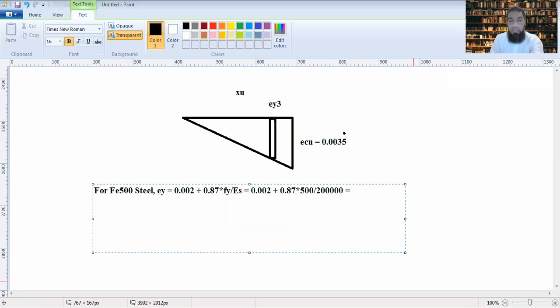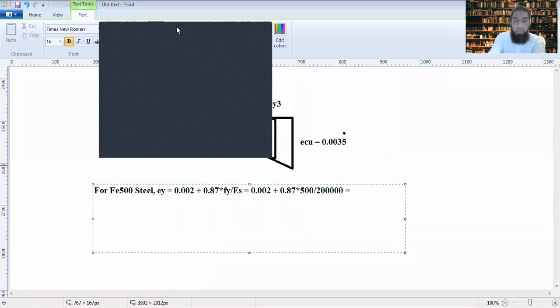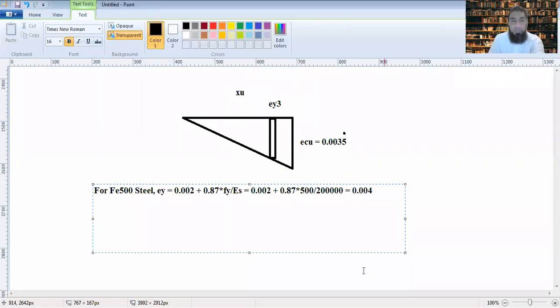So this is 0.002 plus 0.87 into 500 divided by 2 into 10 raised to power 5, 0.004 is the strain in the steel. Now then in that case XU B